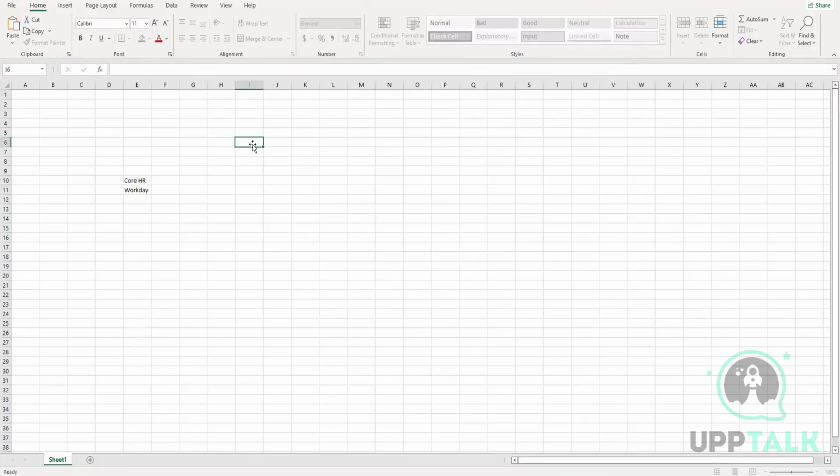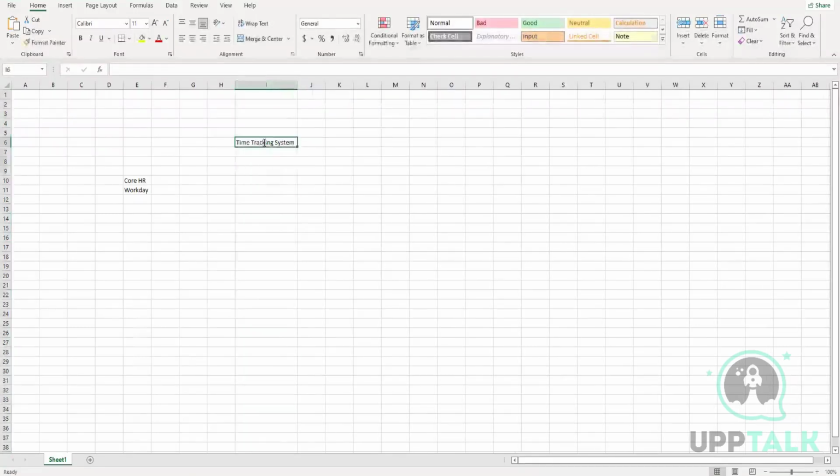Okay, then you have a time tracking system where you are submitting your timesheet. Let's say, to make things easier, the timesheet system is Chronos. Then the reimbursement claim system is Concur. This one is the functionality, this one is the system, and the lower one is the system name. That's a tool, something like Workday. Then you have the payroll system,